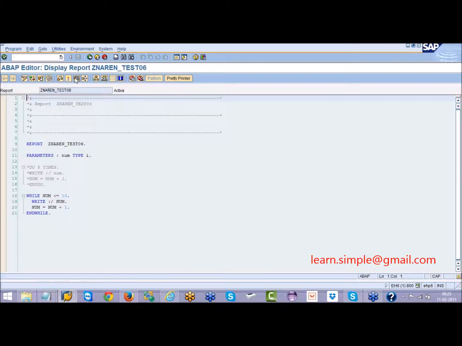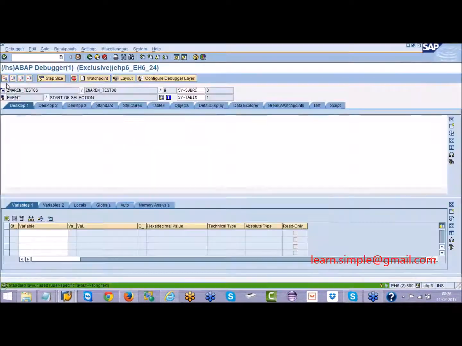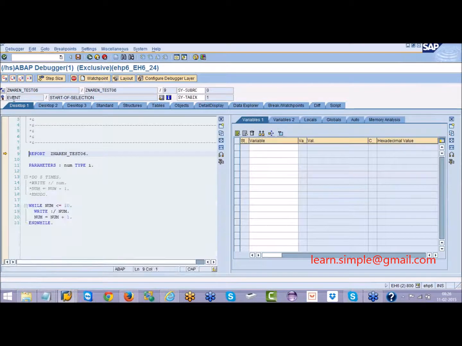What you can do is, the debugging procedure is the same. You give 30 here, put /h, then execute and see how the control goes. Click on this button. Here you have given the number 30. 30 is greater than or equal to 10?